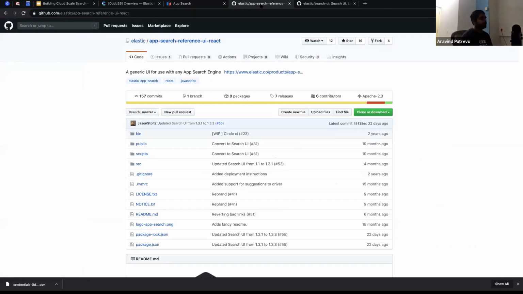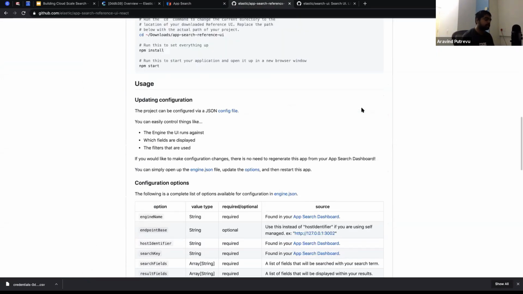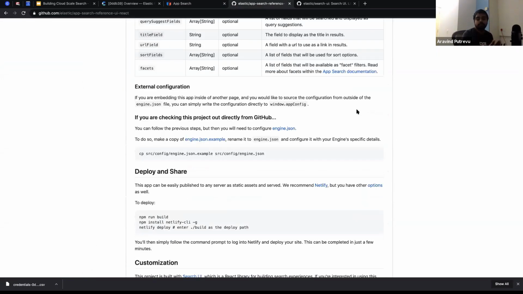Great. So we have a specific project called App Search Reference UI. Reference UI is a UI library that is built on top of React, and you would simply be able to spin out an experience. You could also clone the project and get started with the instructions, which is another way of doing things. I just didn't do that. I am just choosing the UI to spin off an app. I'll also show you why it's easier to do it this way.